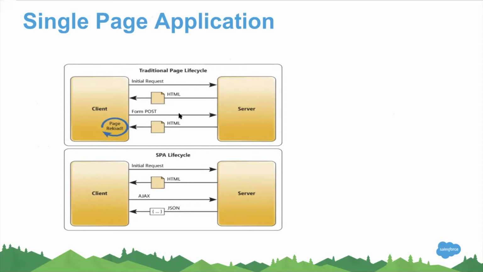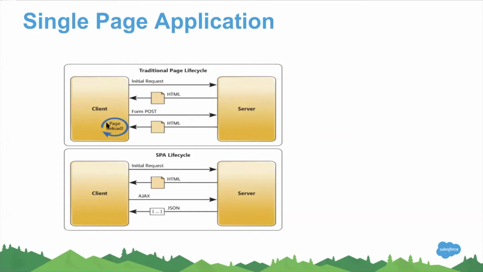So you saw how the Visual Force page operates, right? Visual Force uses traditional architecture where every time you hit a URL, the browser, which is the client, sends a request to a server, and in return it sends a raw HTML file which has to be translated by the web browser and presented on the screen. And whenever you click on a button, everything is sent as an HTML post, and the resulting result is returned as HTML. And that really requires the whole page to be reloaded again.